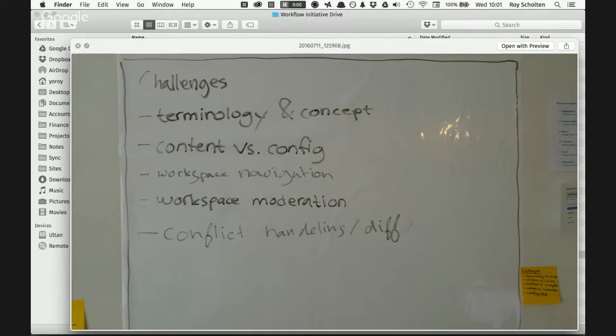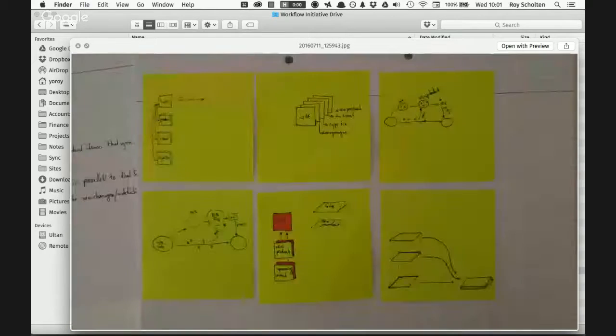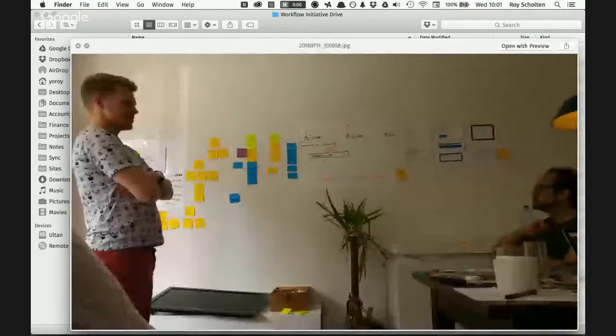How do you navigate a workspace? How do you moderate a workspace? And the conflict handling, if diffing the changes that were made at two places, and resolving that will also be a challenge. Same picture, sketches. And here, yes, planning. So with all these basically big challenges,